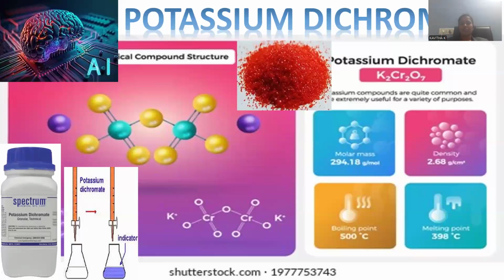The session is going to cover the oxidizing agents. In a series of sessions we already conducted, an oxidation reaction general overview session was conducted. Later on, individual oxidizing agents are going to be discussed. In that series, now we entered into the concept called potassium dichromate. It is a strong oxidizing agent, K2Cr2O7.